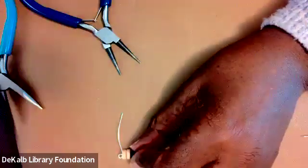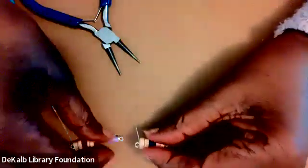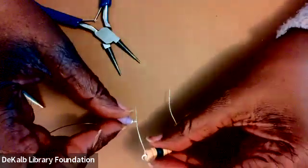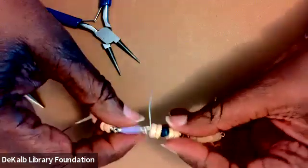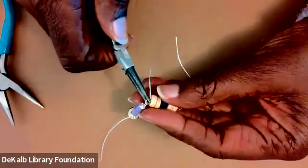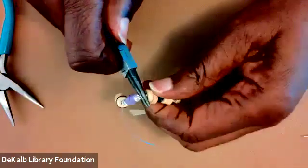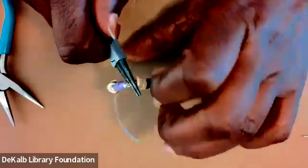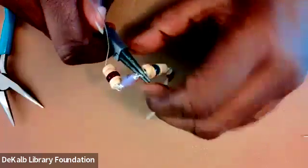Okay. So now all I need to do is attach this to this that I've already wrapped. So let's put those two together. Take this closed loop, slide it down the wire that's open and leading to the open loop, and just encase it inside that open loop, just like so, and grab your round nose pliers and wrap it closed. And again, large hole. So I'm wrapping the wire around itself in order to close up that little hole